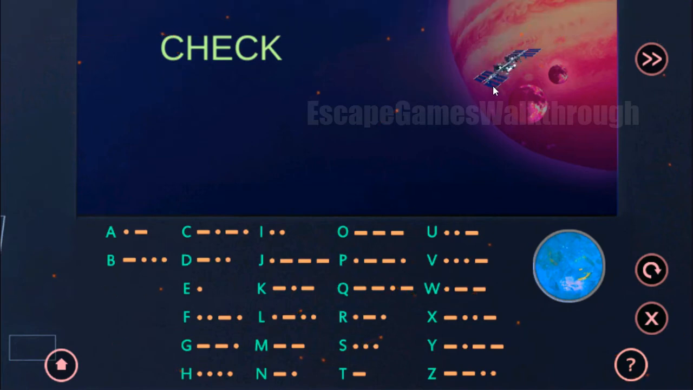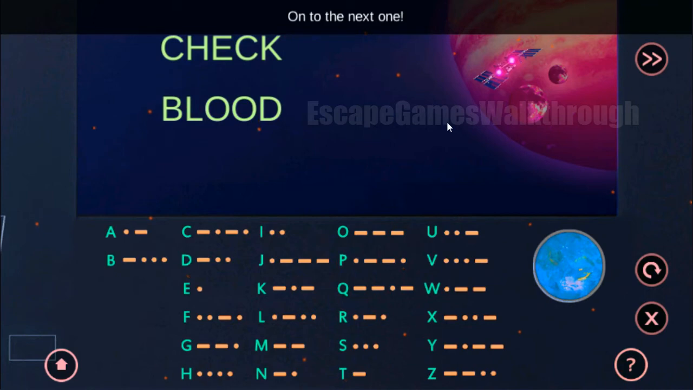dash dot dot dot, it's letter B, dot dash dot dot, it's letter L, dash dash dash, it's letter O, the next word dash dot dot, and dash again, so it's again a letter O, and the next letter is dash dot dot, it's letter D. So the word blood, check blood, and the next word